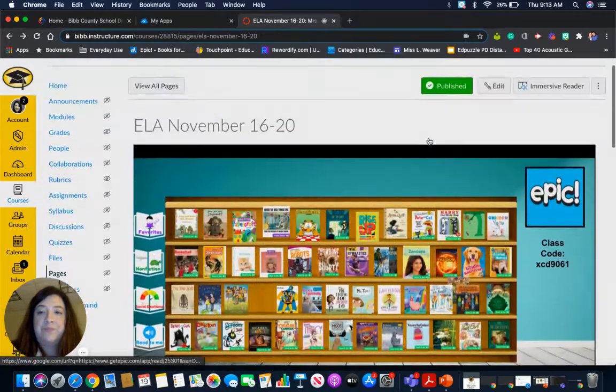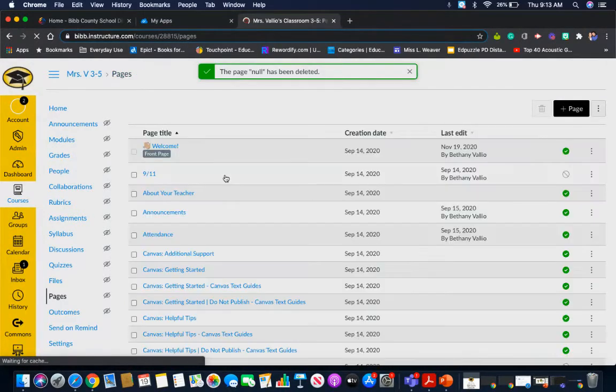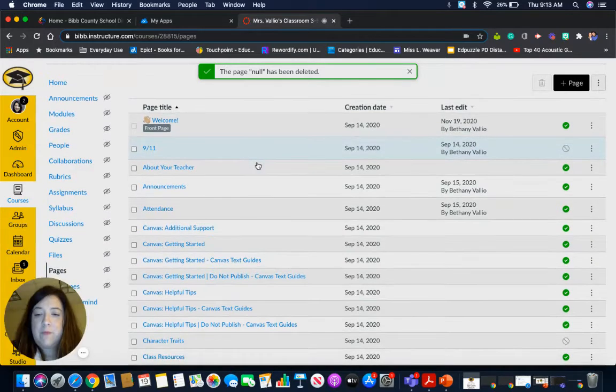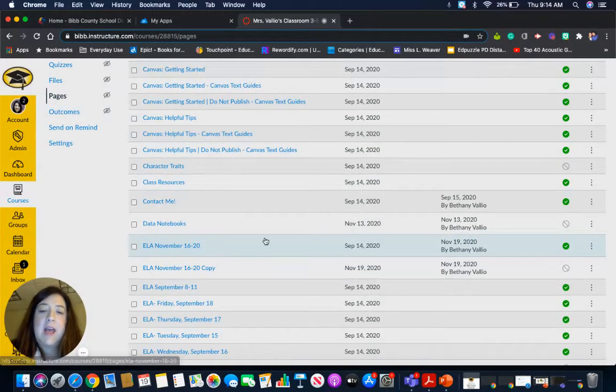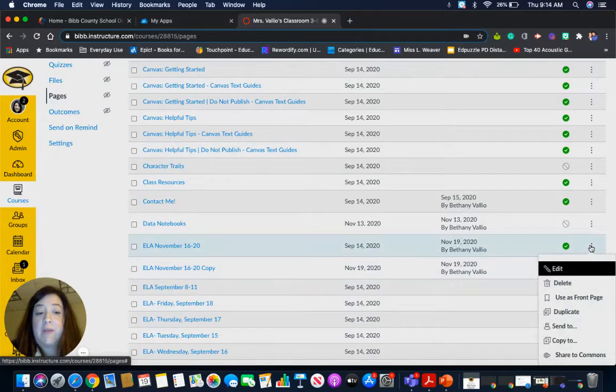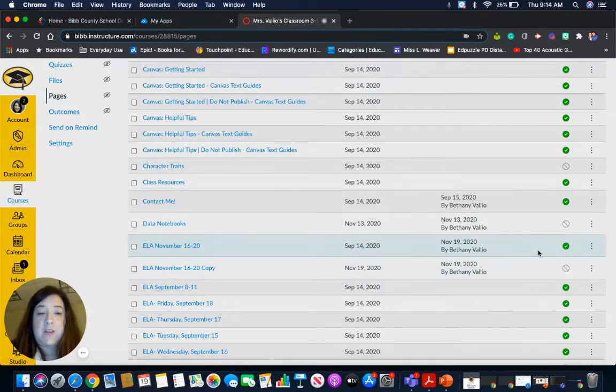All right. So I'm going to go ahead and show you how I did this. I'm going to do view all pages. All right. And that was my ELA 16th through the 20th page. And all I do from week to week or day to day is copy it, or duplicate it rather. So you click on the little snowman, the 3 dots right there, and then click duplicate. When you duplicate, it duplicates a page, and it will say ELA November 16th through the 20th. And you'll notice that this page for this week is published. The one for next week is not published